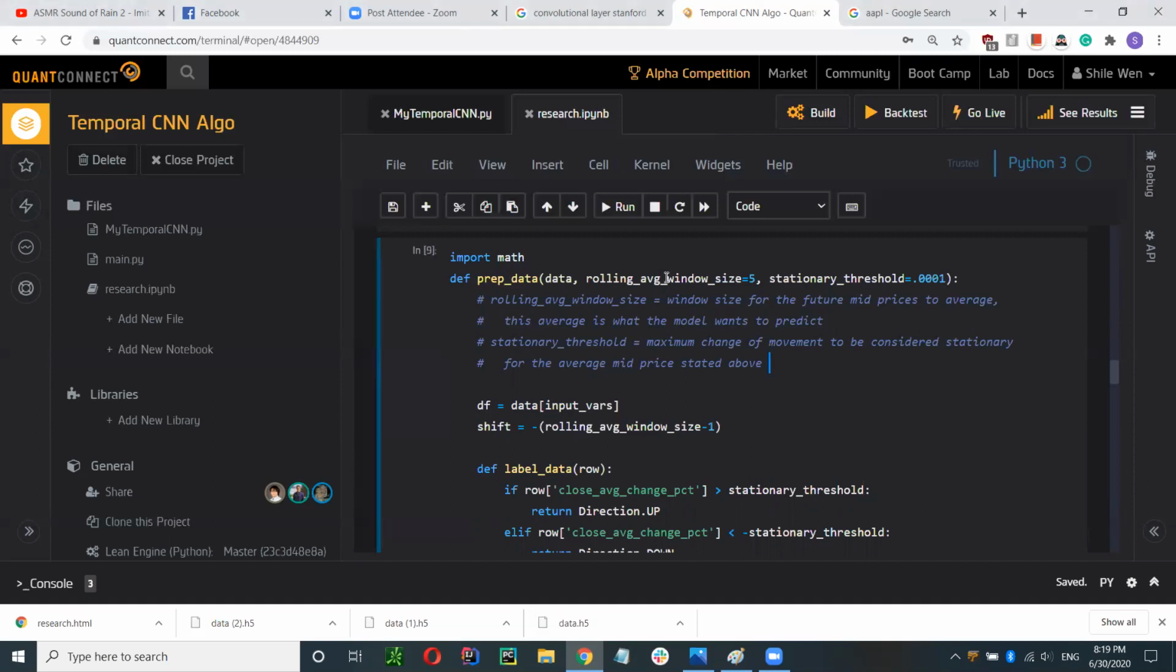Okay, so I have some variables here. So rolling average window size. So what we want to do, instead of predicting the next bar of data or the closing price of the next day, is try to predict the movement of the prices of the average of the next 5 days. The reason we do that is because it's probably easier to estimate what the average will do, because it's more averaged out. Actually,